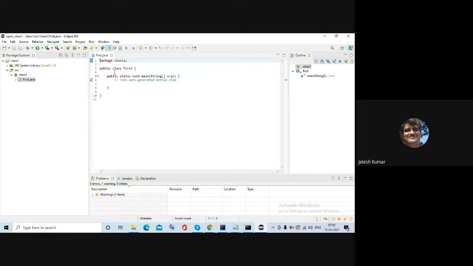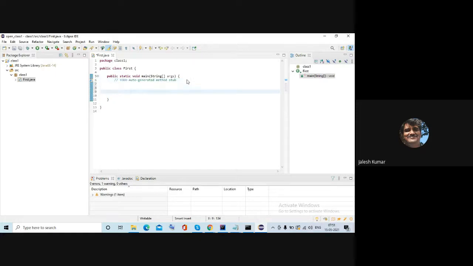And after that, public, for every class it will add public. What is that public and all, we have not discussed so far, so just follow that. The meaning you can understand later. Okay, class first, then inside that public static void main string args, like that you will get the information.